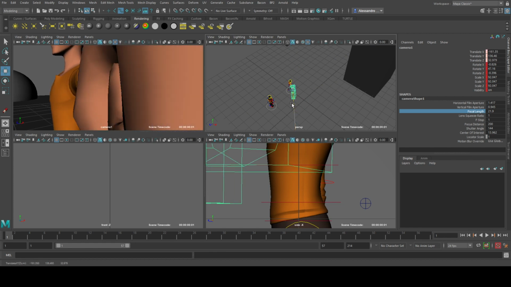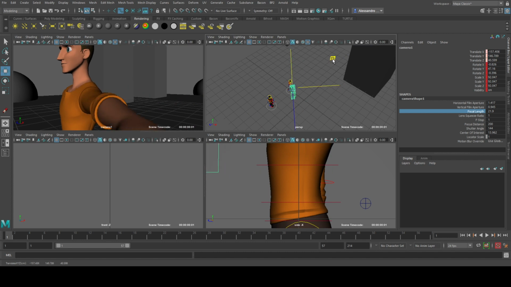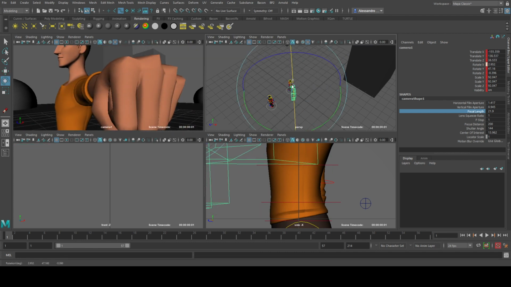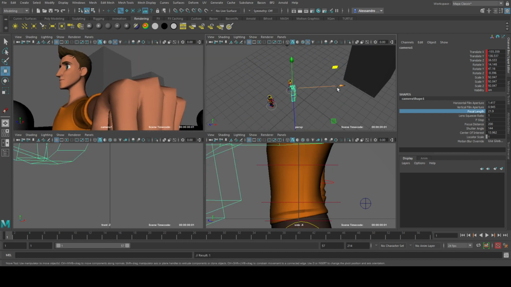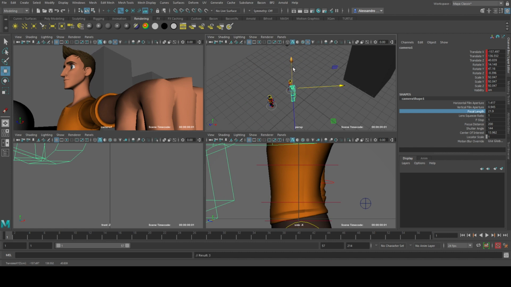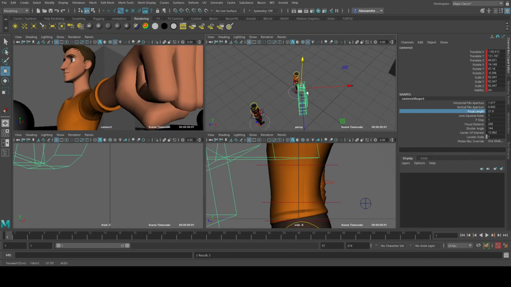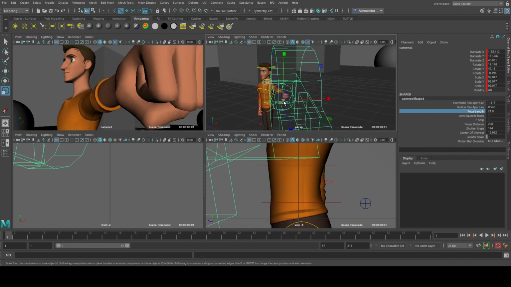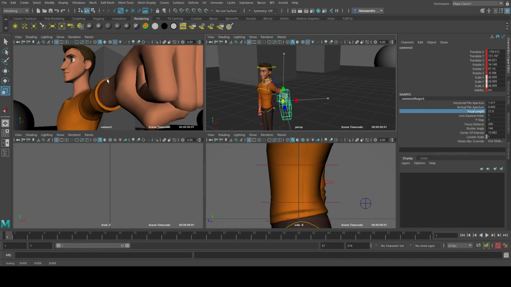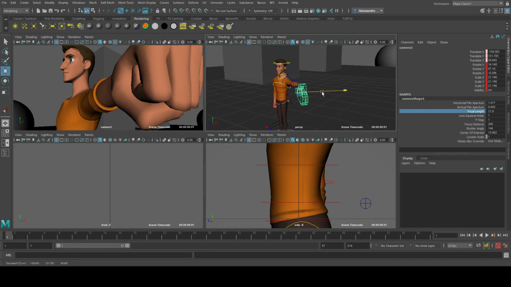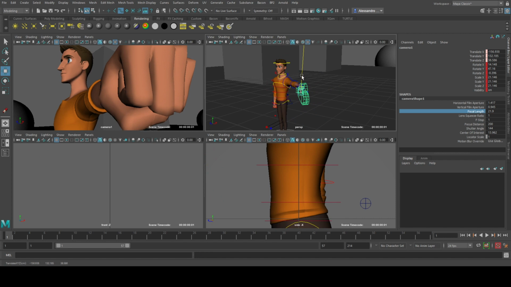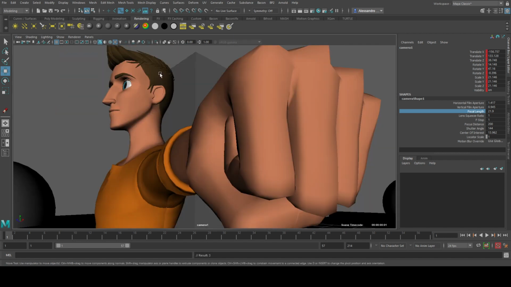Maybe you have a character that's giving a punch toward the screen or something, but you want to see the rest of the character, right? See, now you can kind of have both. Let me scale this down. Right? So as you can see, now you can basically frame everything. We can really emphasize the strong perspective here, but at the same time, when you use this one, you have